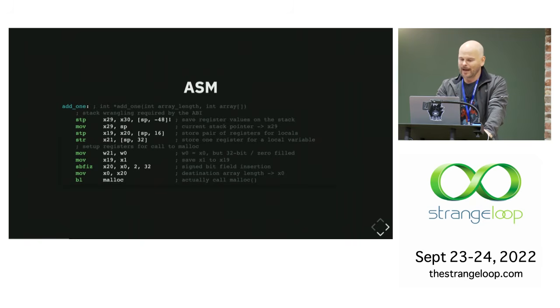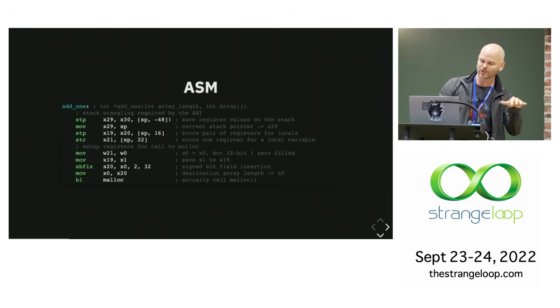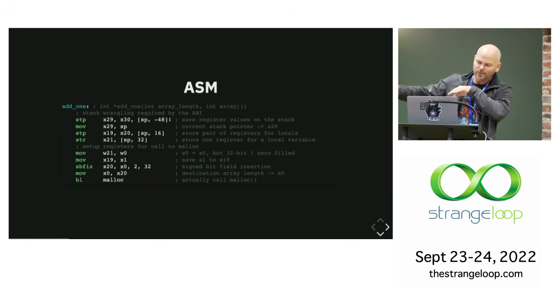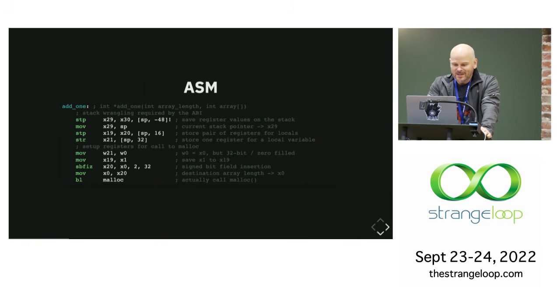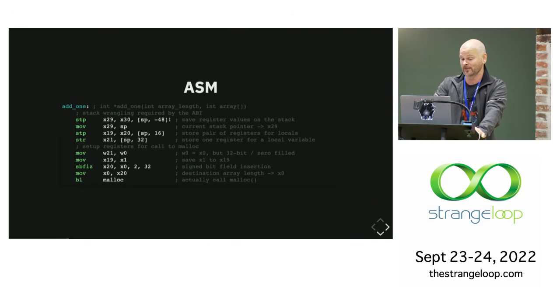So what do I have to do? I'm doing crazy things. Look down here. You see the registers are all called with X names, right? That's because they're 64-bit registers at X. But I get down here to set up for malloc, and now I'm using W names. Why? Well, I just have to know that I have to do something special if it's a 32-bit number, and it'll mask off 32 of the bits and still work. Great. So now I have to stuff things in these registers. I have to multiply one of the variables. Do I use a multiply for that? No, I'm using a bit shifting operation because that's what's faster on this processor. And then I call malloc, and I get back what I want.